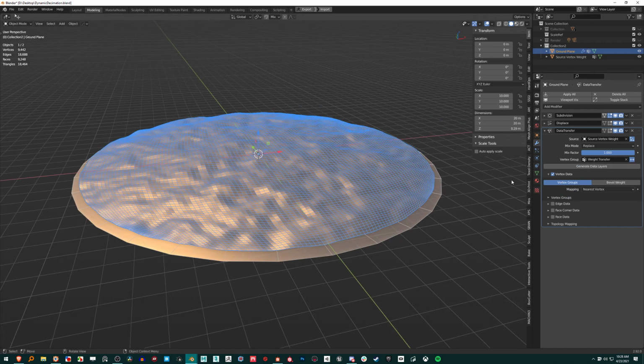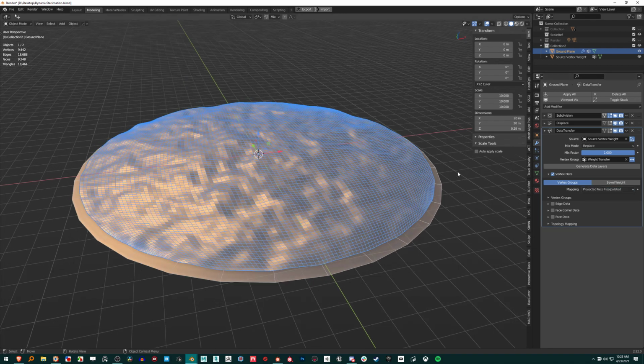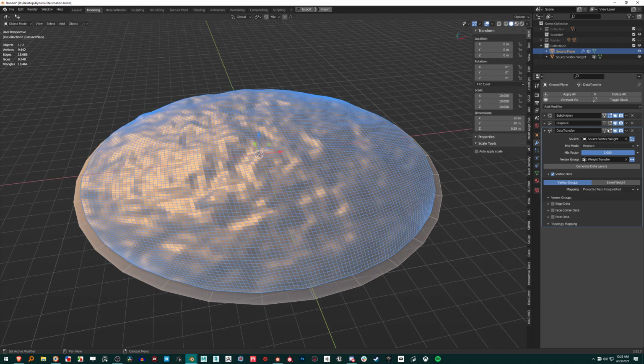Sorry about that. Now we want to check vertex data, vertex groups, mapping. We want to change this to project face interpolated or nearest face interpolated, but I find I get better results with projected face interpolated. So if we select these so we can see the effects in edit mode